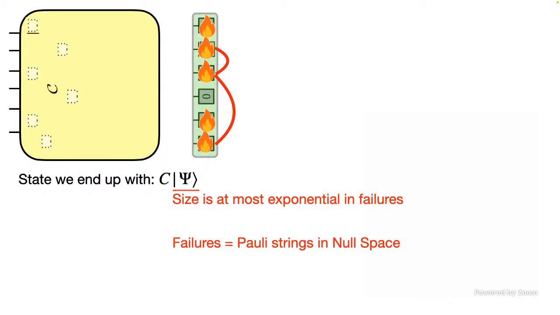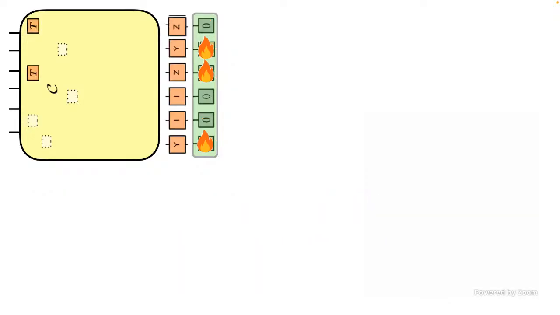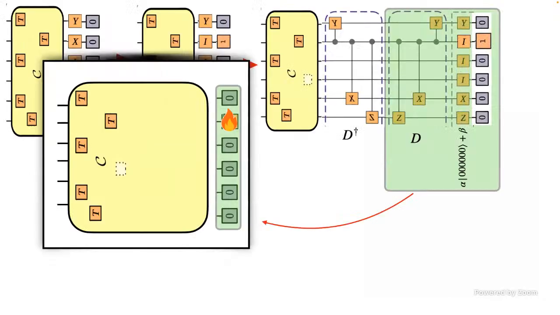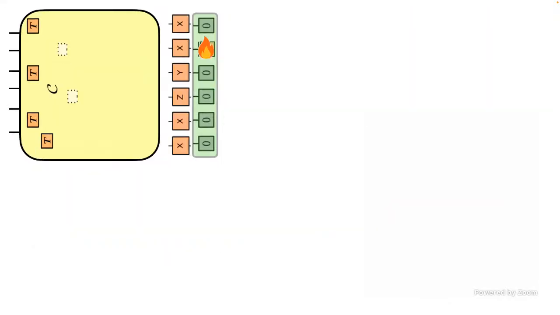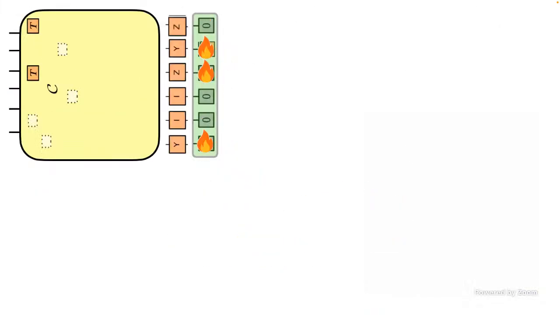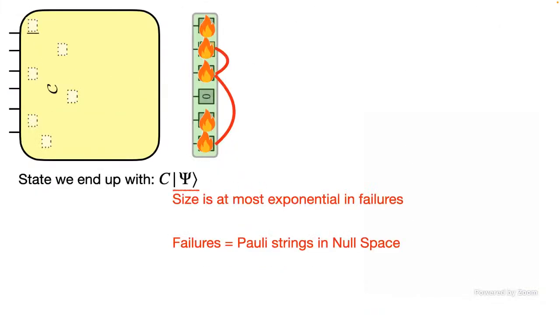So what do we end up with? Well, at each of these steps, our Clifford grew. It didn't grow on my slide, but it grew because at each of these steps we had a T dagger that we had to absorb into a bigger Clifford. But that's okay. We're okay having a Clifford times some state. We said at the beginning of this story that with a Clifford times some state, we can compute all the expectation values efficiently, as long as this state isn't too complicated.